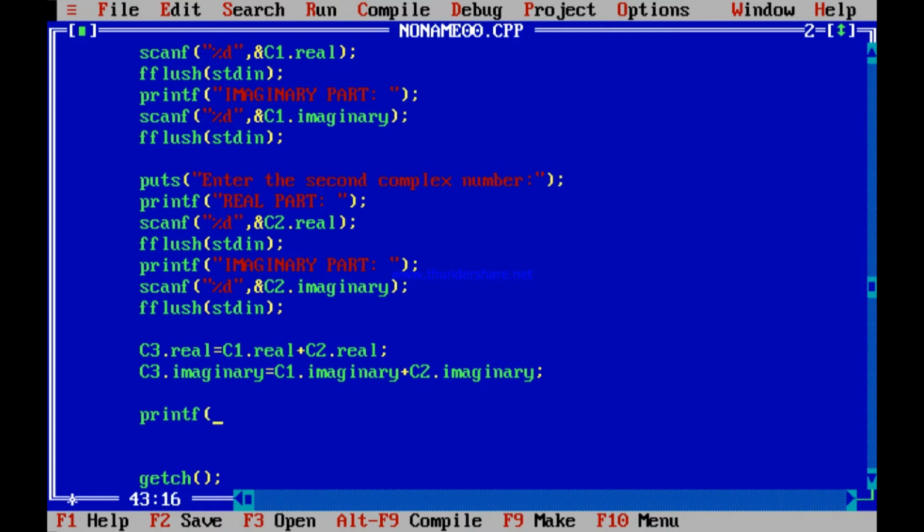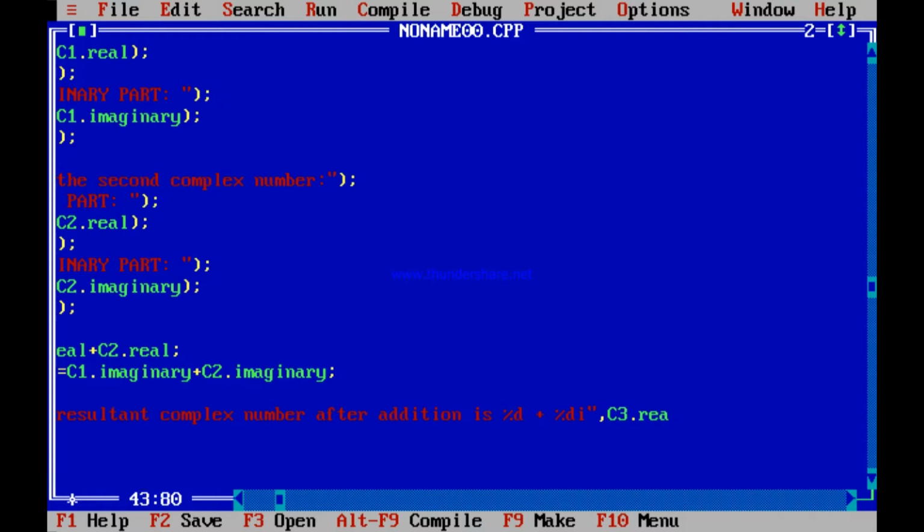So printf: the resultant complex number after addition is, see what, percent d plus percent di, where the first percent d has to be replaced by C3 dot real and the second percent d has to be replaced by C3 dot imaginary.